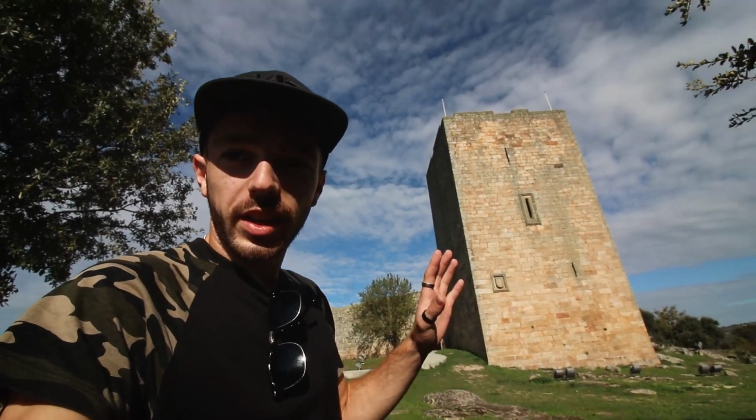Good morning everyone. There's a lot of wind, so I'm sorry if this video has a lot of wind. I'm already at the castle. As always, before I show you the castle, I need to tell you the story. It's not that long, but it's really interesting, and these clouds above the castle are just perfect for telling the story. And at the end I have some secrets to tell you and the village to show you,